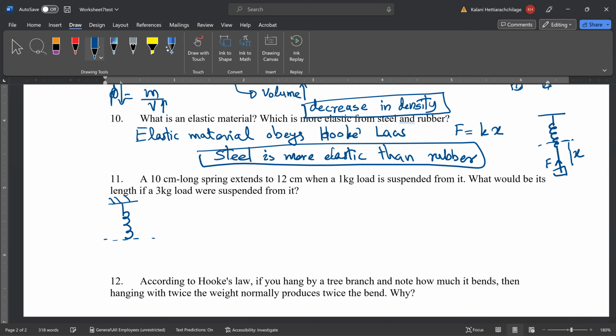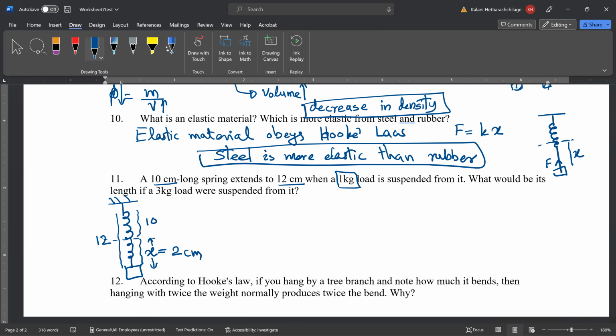So this is equilibrium, and when you add 1 kilogram load, it's going to be stretched X amount of distance. See that 12 and 10. So originally this is 10 and this distance is 12, not to scale, but then 12 minus 10 is the displacement of the spring, 2